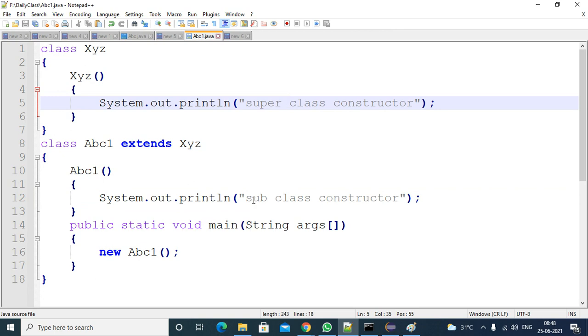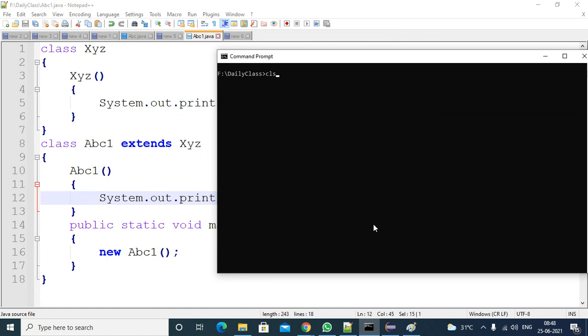Right. So here you need to understand the concept. Please try to concentrate. This is very important. If you are unable to understand in this class, we will continue in the next class also, no problem. Right. If you execute the program, you will get the output superclass constructor first, then subclass constructor next. So compile the code, clearing the screen, compile it. I saved it as abc1.java. Try to execute it. abc1. You are getting first the superclass constructor, then the subclass constructor.